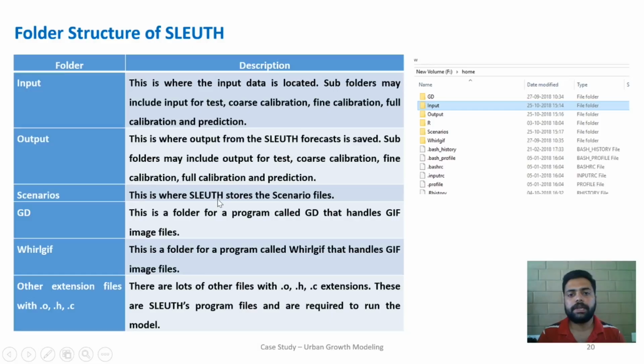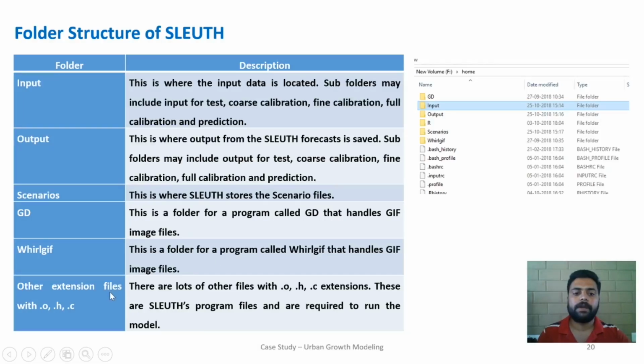So this is like the skeleton of sleuth. So the scenario file act as a basic part of sleuth, without which you cannot execute sleuth. Then we have GD, that is the GIF image directory. So here it contains all the GIF image files. Similar to GD, we have one more folder, that is worldgif. So worldgif supports the GIF image at the background and it will give you the output as required in terms